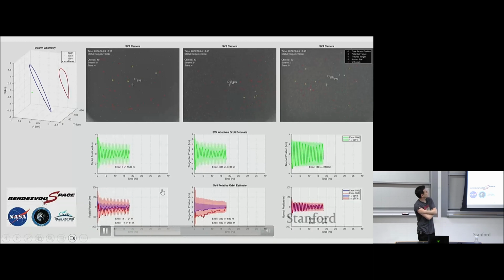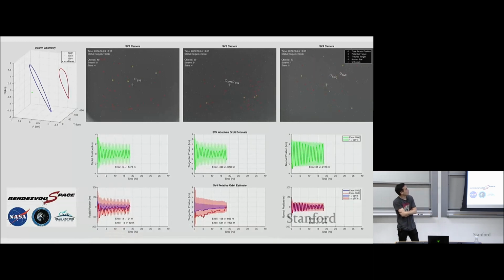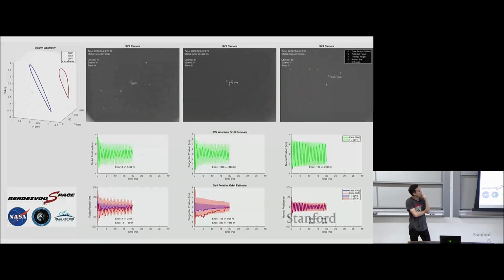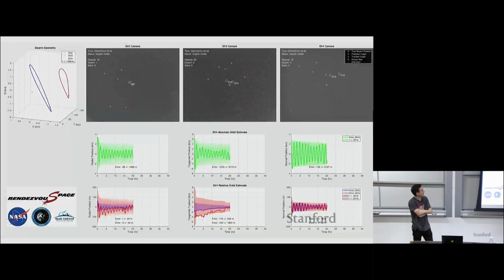So in the top left, you can see the relative orbit geometry of the 3 involved spacecraft in this experiment, where anytime there's a black line that flashes, it means there was an observation between those 2 swarm members. At the top, again, you can see the images from the star trackers. And below that, in the green, you can see the absolute orbit estimate of one of these spacecraft, SV4, where